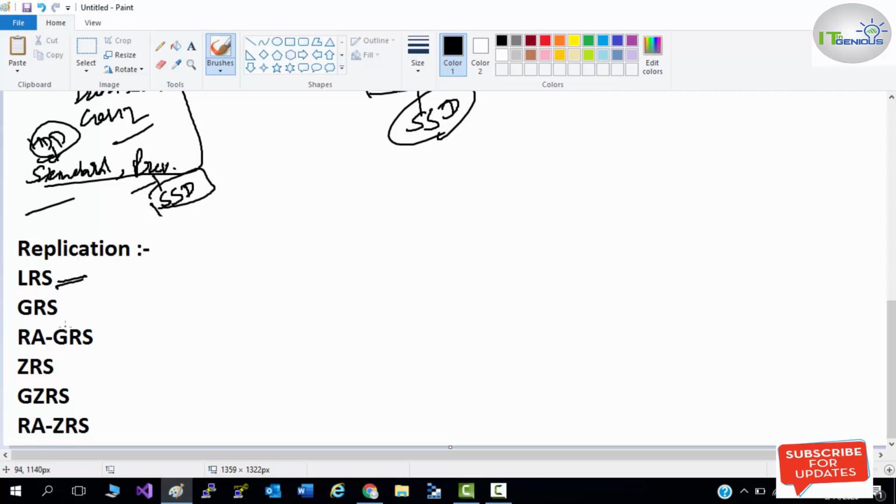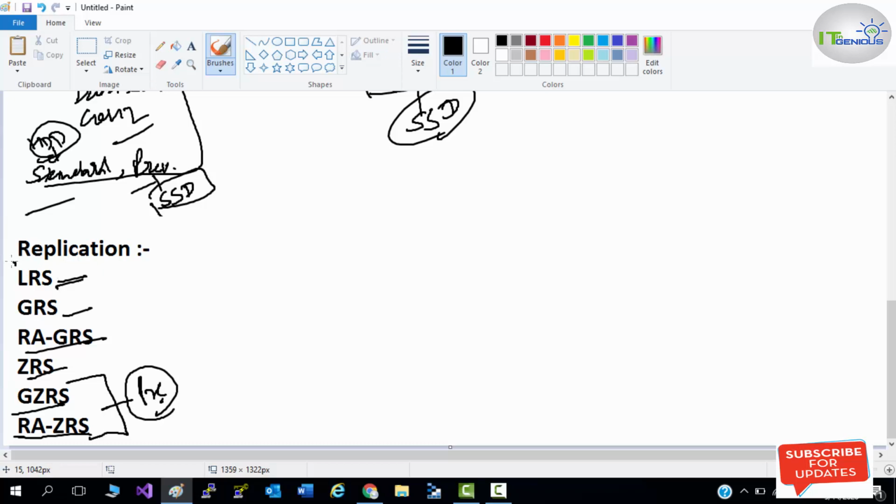LRS means locally redundant storage. GRS means geo-redundant storage. RA-GRS means read access geo-redundant storage, and ZRS means zone redundant storage. GZRS means geo-zone redundant storage, and RA-GZRS means read access geo-zone redundant storage. Both GZRS and RA-GZRS are in preview right now.